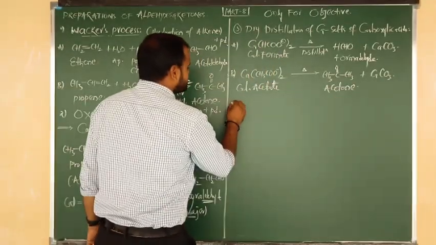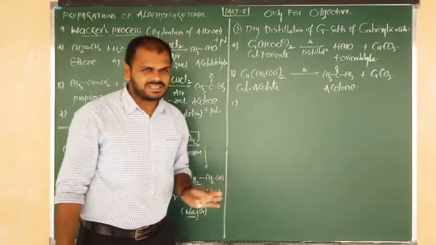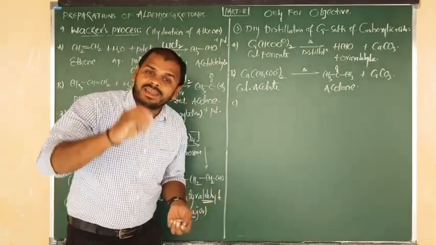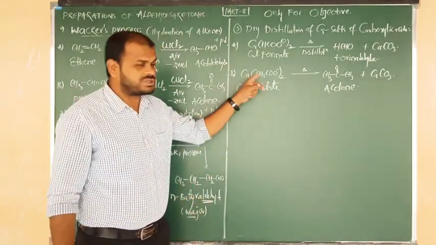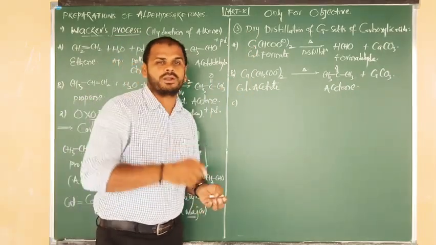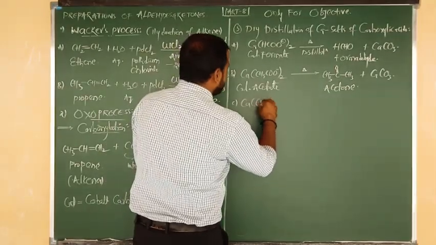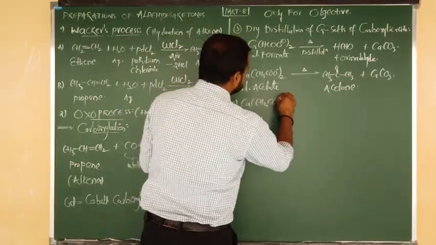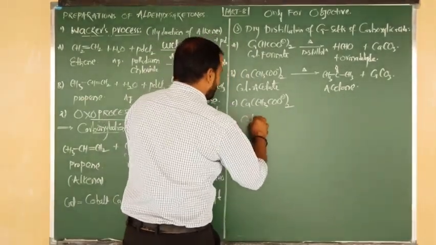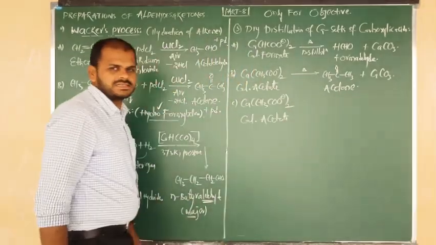Good beta. Next one, I am going to write another one. Calcium acetate gives acetone, calcium formate gives formaldehyde. Now at a time I want to take two compounds, calcium acetate and calcium formate. A mixture can also be taken, very important. What is the formula of calcium acetate? Ca in bracket CH3COO minus taken twice. What is the name of this compound? Calcium acetate, beta.